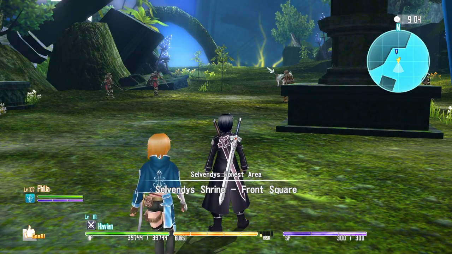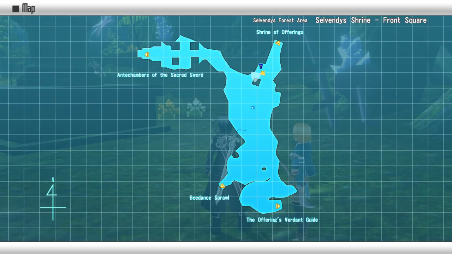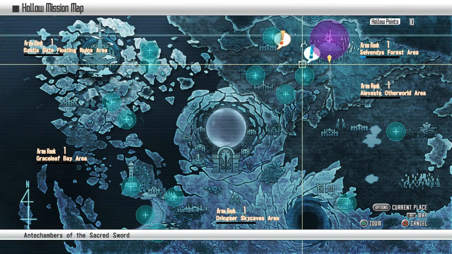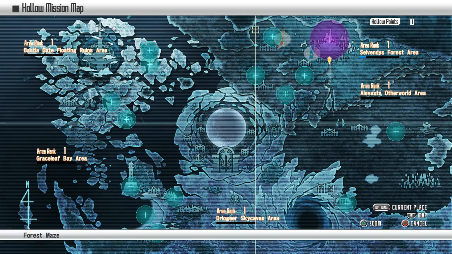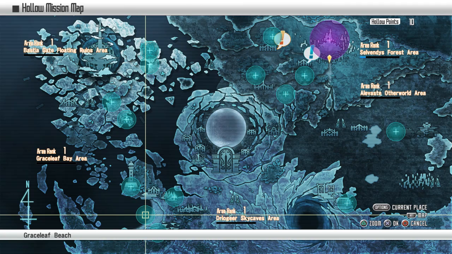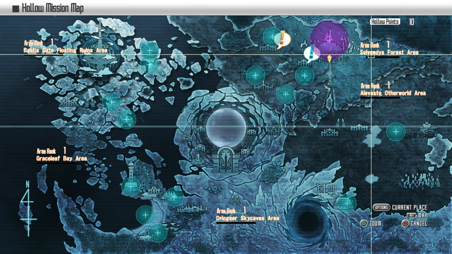So let's see what the Hollow area is like. All right, so I'm slightly safe here. So where was it that I needed to go? Already, as usual, I'm getting lost. All right, so it's showing all of the Hollow missions that are dotted around, and it looks like, oh my god. It looks like you're,